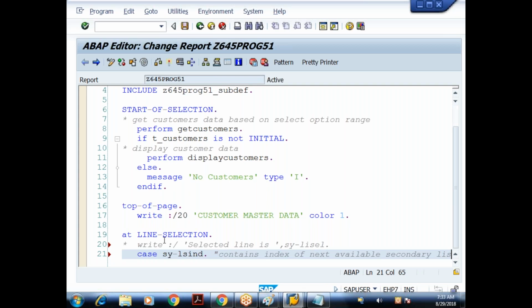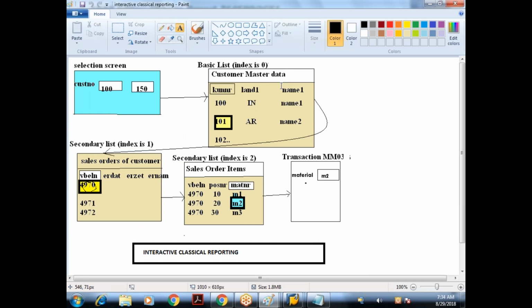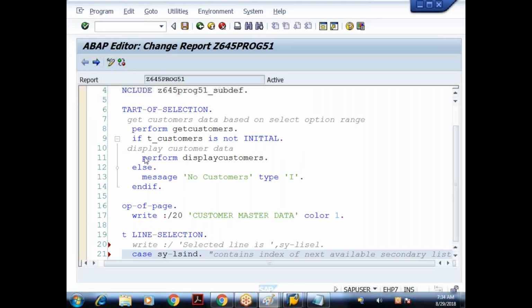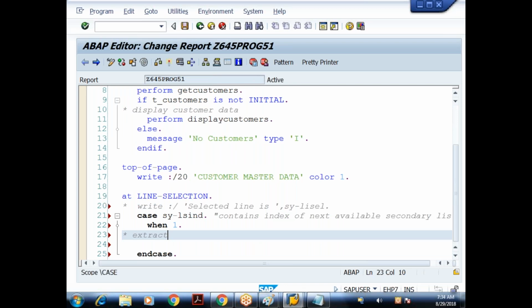So here we are doing the interaction in the basic list. What is the index of this? Always 0. When I do the interaction, I should get the data in the next list. What is the index of the next available list? Always 1. So here I'll say CASE so and so. WHEN 1, do so and so. ENDCASE. So when 1, what do I have to do now? Extract the customer number content from the system field